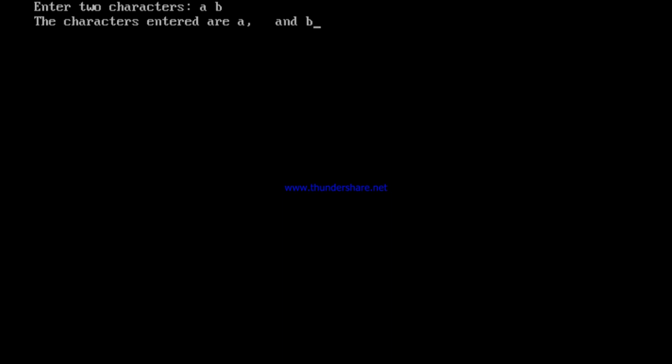So integers are differentiated, or scanning of two integers is differentiated, by looking at the space or the enter in between. Whereas this is differentiated by only scanning one character. There is no differentiating factor. After pressing of one key, one character will be scanned. And pressing of the second key will scan the second character. Pressing of the third key will scan the third character. So do you understand the difference?